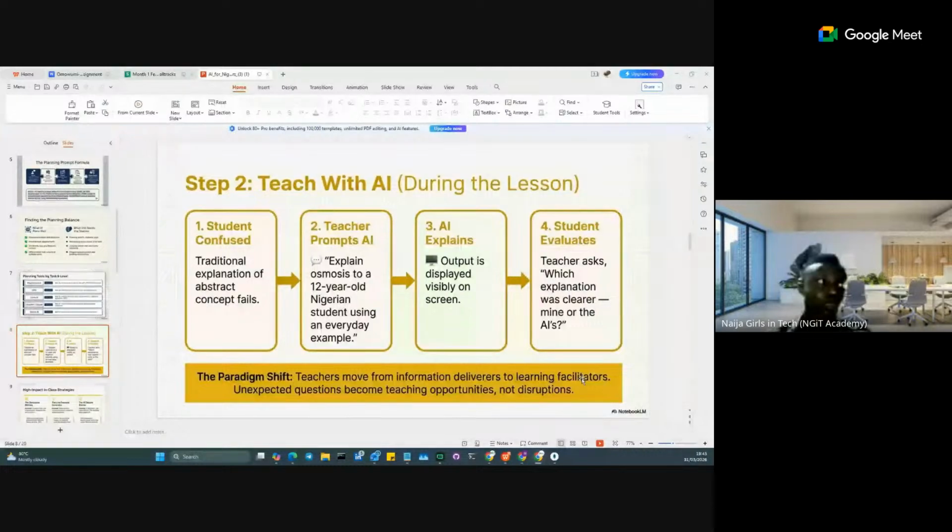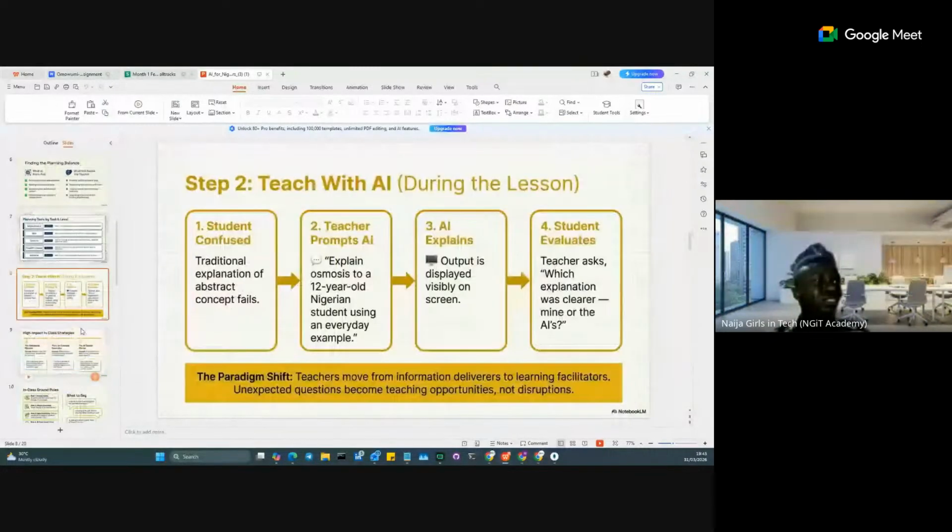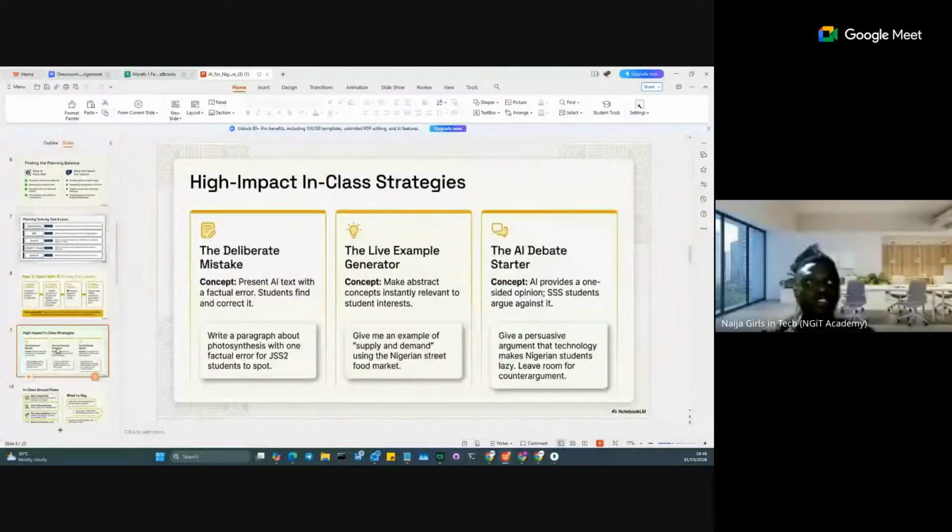So the teacher moves from the information deliverer to the learning facilitator. Unexpected questions become teaching opportunities and not disruptions. So rather than the student leaving the class confused, they leave the class with a better explanation with the use of AI. This doesn't mean that you cannot explain the concept better, but it means that you are borrowing the knowledge of 1,000 other people